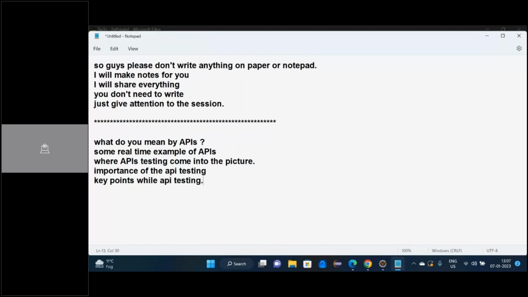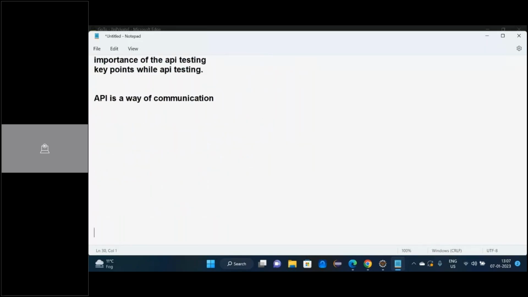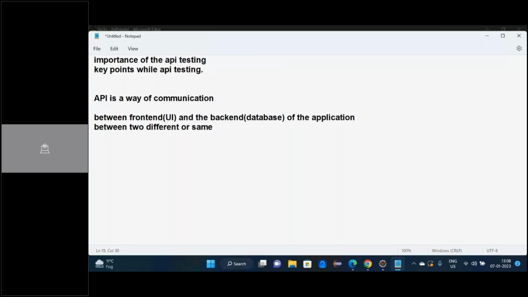So firstly, what do you mean by APIs? API is a way of communication between front end and the back end. Back end means database of the application. Front end means UI, right? Second thing, it is a way of communication between two different or same technologies applications